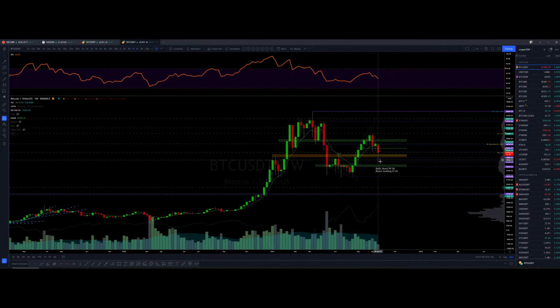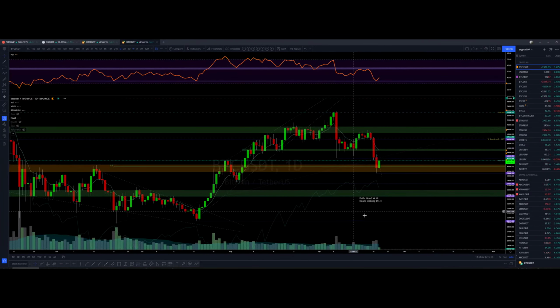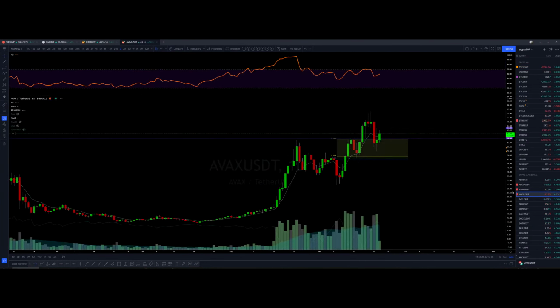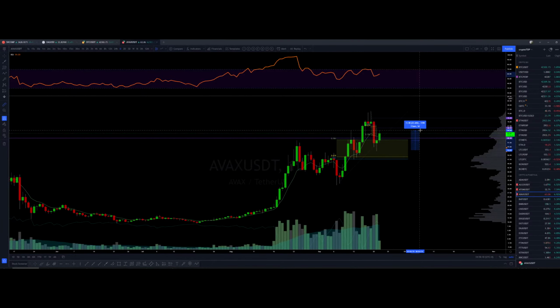I'm not going to trade a lot. If I do any trades, it's going to be scalp trade mode. So I'm going to get in, get out quick. Like, for example, catch this bounce and exit by now already. You know how much you got. You got a 7% bounce here, but if you're trading altcoins, you got much bigger bounces. Like, for example, AVAX, you got a 22% bounce if you were able to get in.